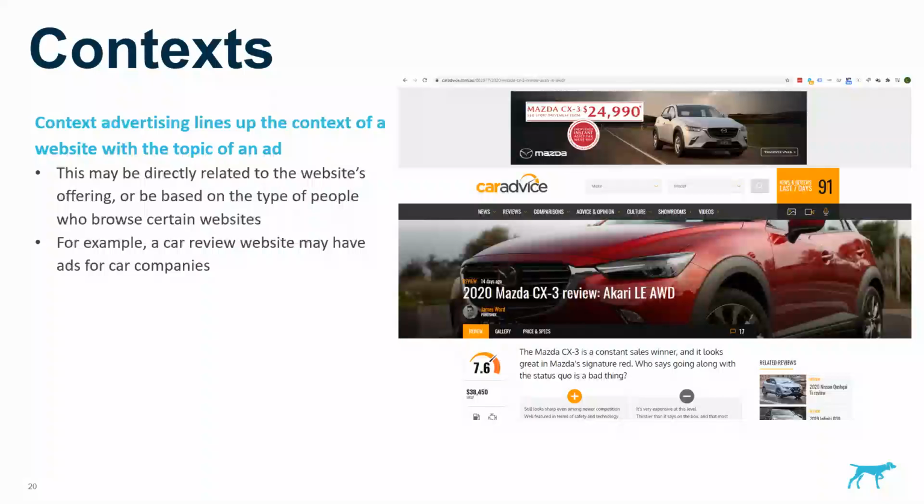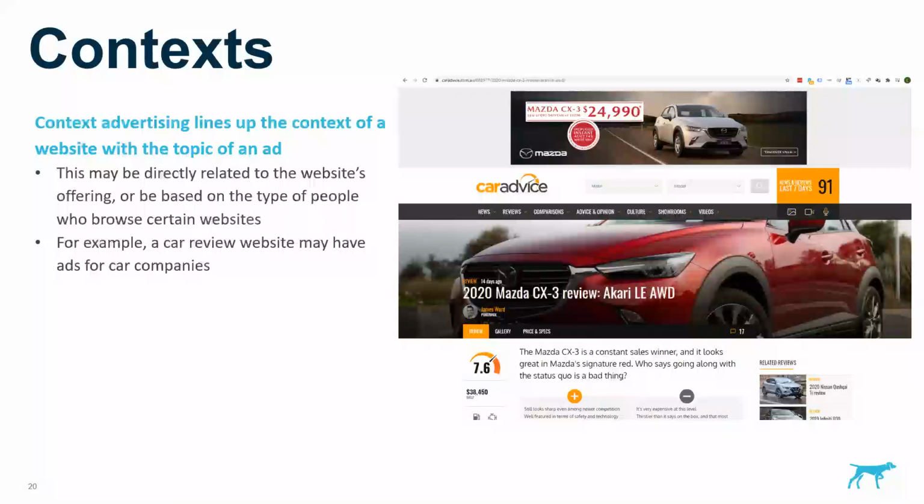Without needing an organic link in the content of the actual website, Mazda just said, look, when someone comes on this page, we'll serve an ad for that specific car. Looks like a pretty decent review, even though it says it's a bit expensive. But it doesn't always have to be the exact context. I'm looking at Car Advice, buying a new car. I could be getting ads for car loans, for example, car insurance, and other things that are relevant to the website that I'm browsing at the moment.